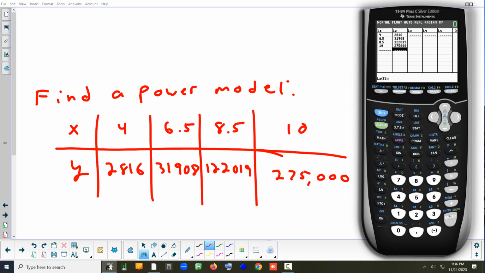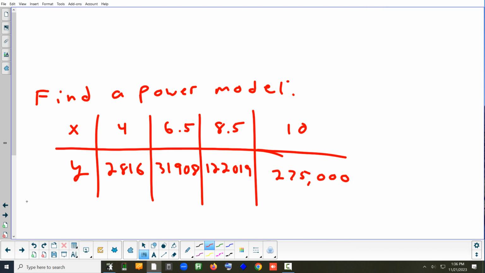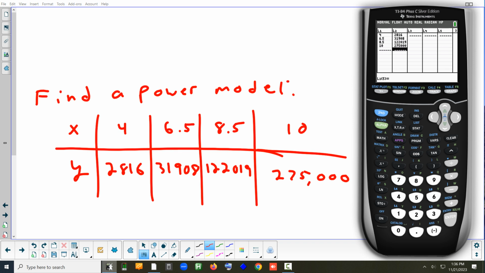LN and then second L1. So if we were going to check if a power model is the right thing to use, then yeah, you'd have to take the LN of every number in this list, get the new table, graph them. But I'm already telling you, there'll be a straight line. Okay. So now we can jump right to the step that comes after that,